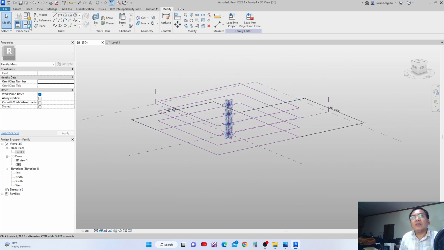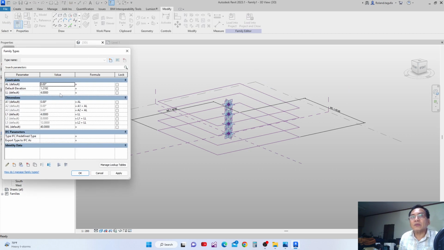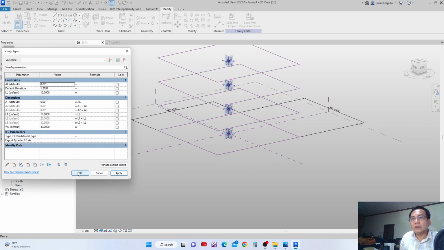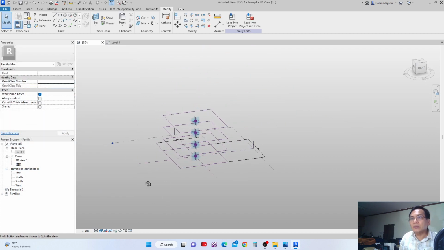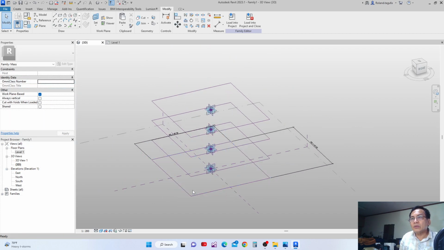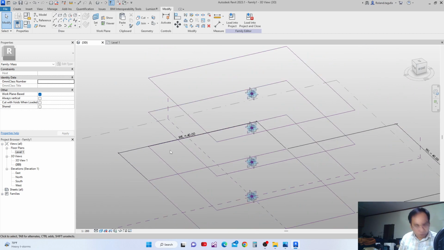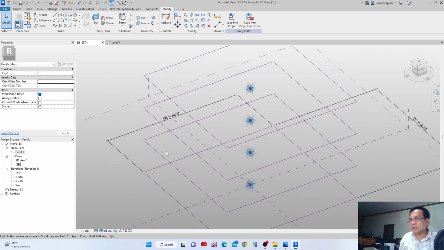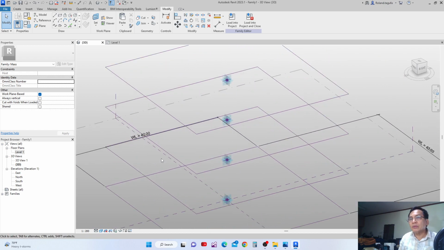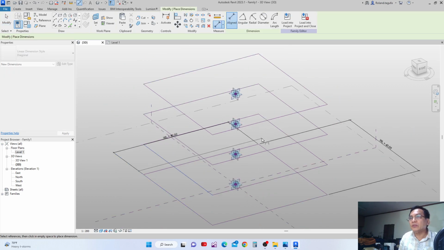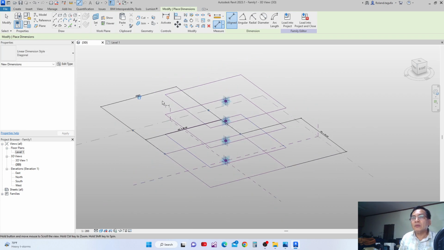Let's see if it's flexing. We'll change this one, our LL to 10 meters. Okay, now it's okay, and then we need to dimension it. We will dimension this also, so that if we want to change it, we can change it anytime. So DI, and just pick this one and pick this, and then